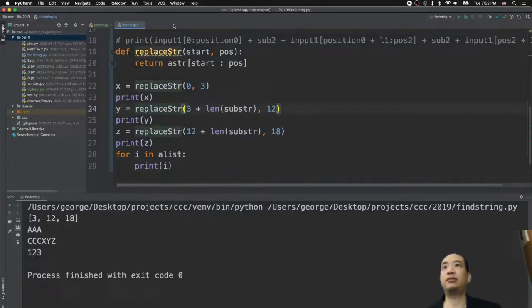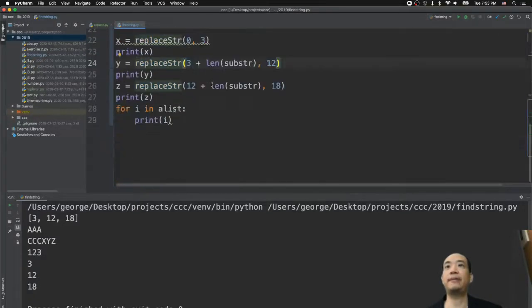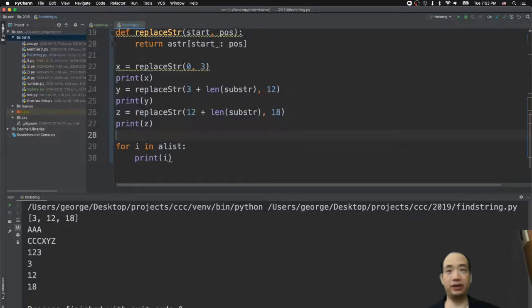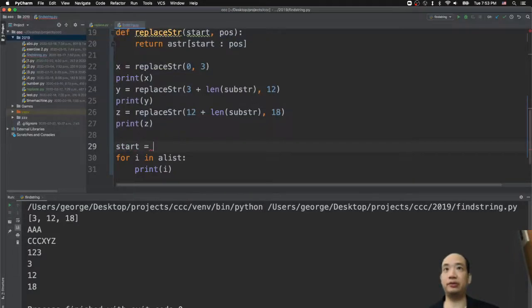So I will do run. So I get 3, 12, 18, exactly what we have here. And our start position is 0, right? Yeah, because you have to start from the beginning. So we just set start equal to 0,